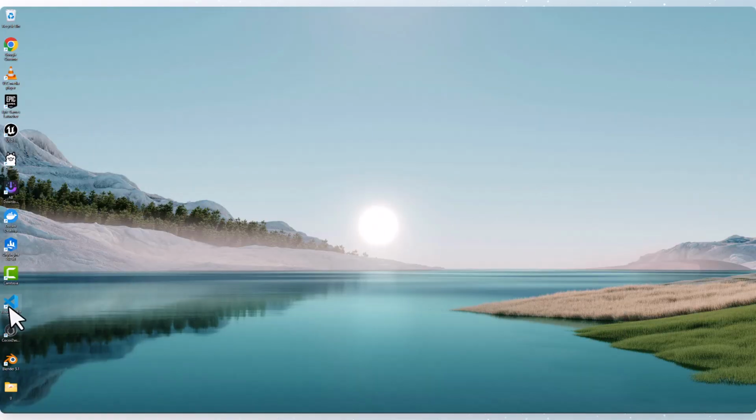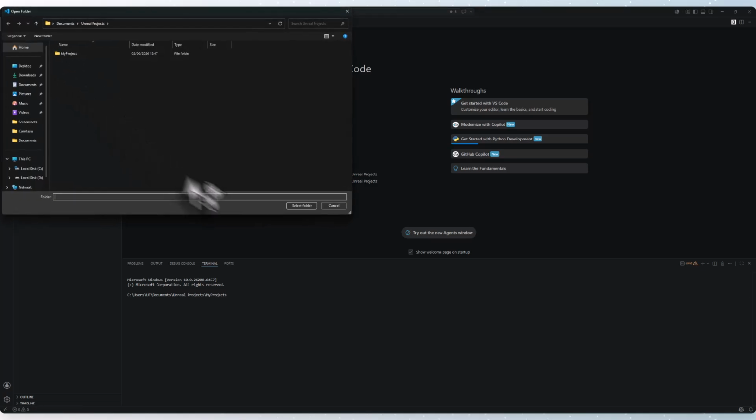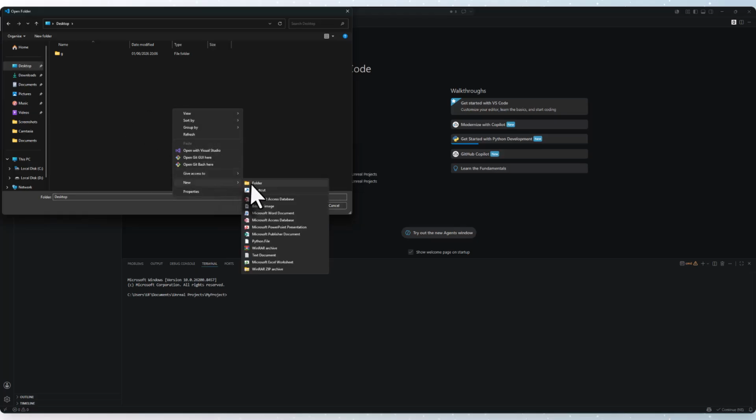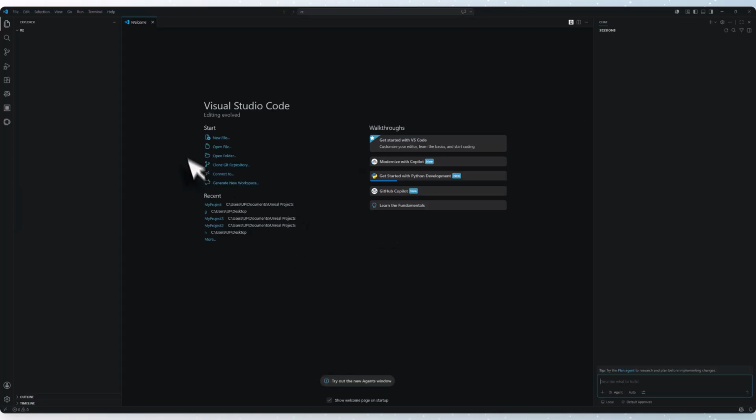Let's go here, VS Code, and go here to open folder, and let's create a folder on desktop. Rename it whatever we want. Okay, this one, and select our folder. After that,